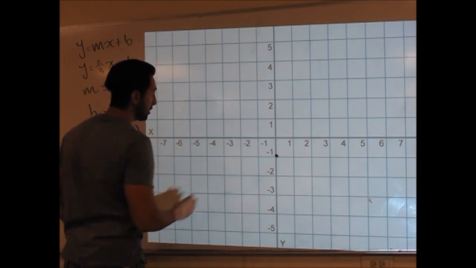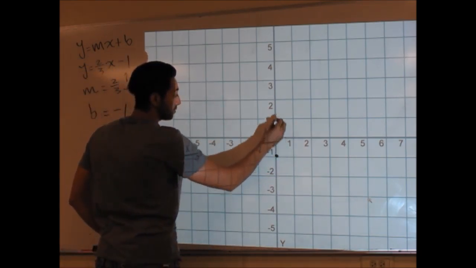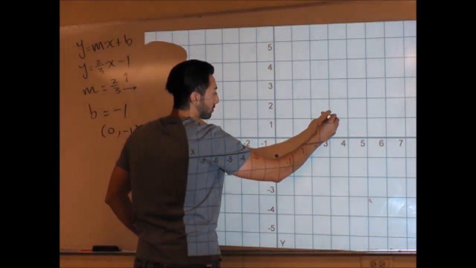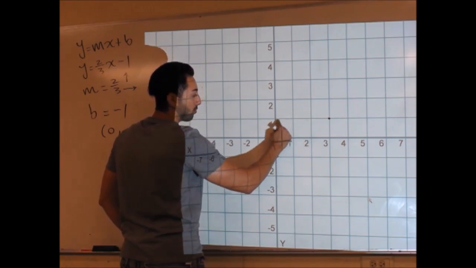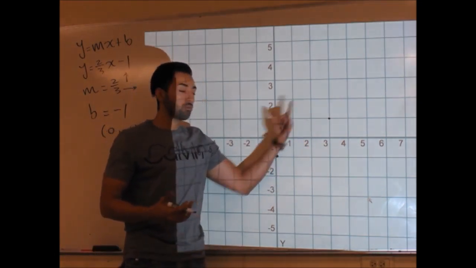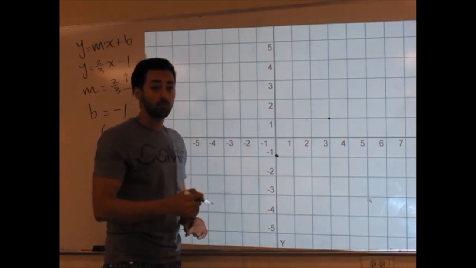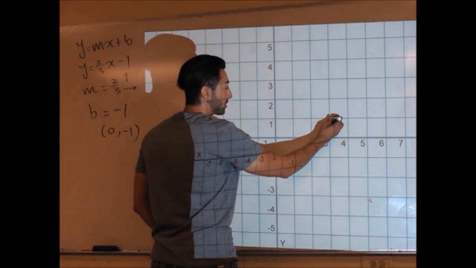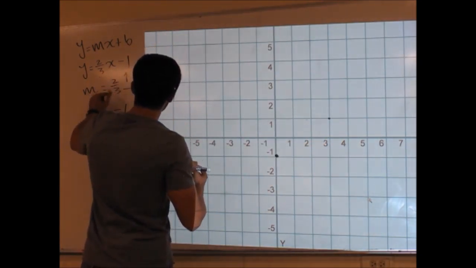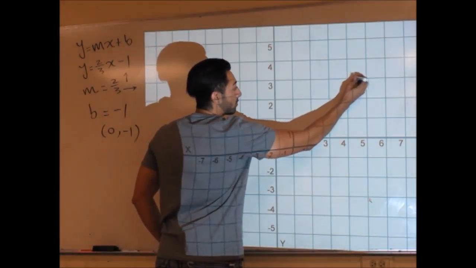So from this point, we're going to rise up 2 units. 1, 2. And from there, we're going to move over 3 units. 1, 2, 3. It's not good to put these points here because they get confusing. And that's it, because these 2 points are going to generate a line for me as we saw previously. I could do that one more time. From this point, I would just have to do what the slope's telling me to do again. Rise up 2 units, go over 3 units. So from here, I'm going to go up 2 units and over 3 units.